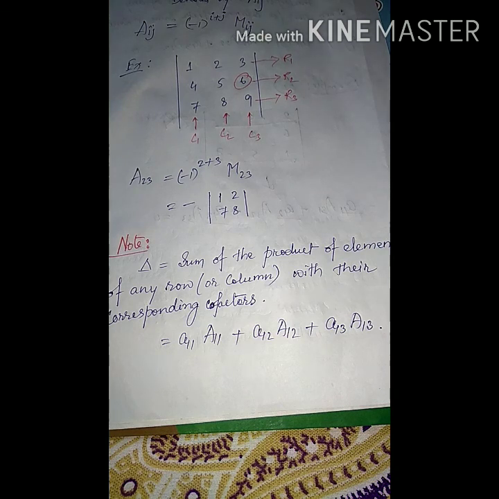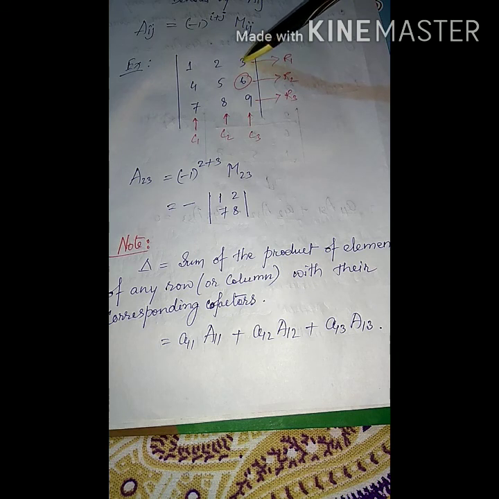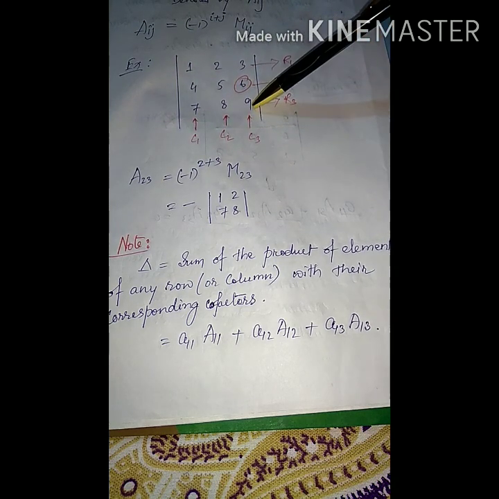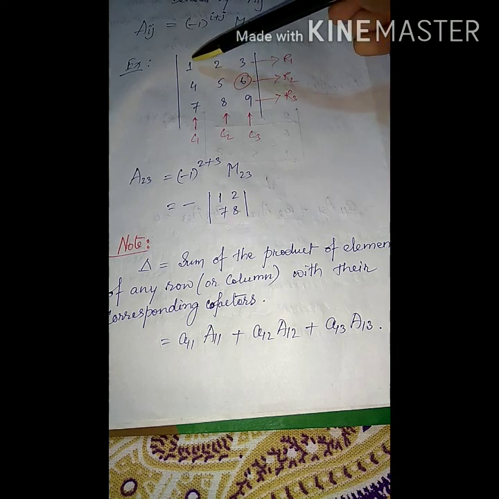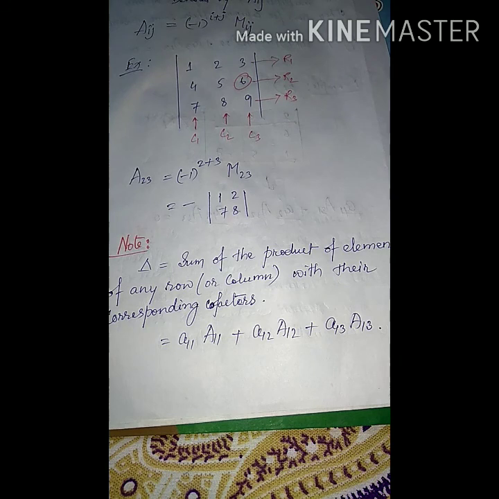So now the question arises. Suppose we consider the elements 1, 4, 7, and we multiply with the cofactors of other row elements, suppose 3, 6, 9. Or suppose we consider the elements 1, 4, 7 and we multiply with the cofactors of 4, 5, 6, then what do we get? Not the corresponding ones. In this case, if we multiply with other cofactors, then the value is always 0. Listen carefully, the value is always 0.